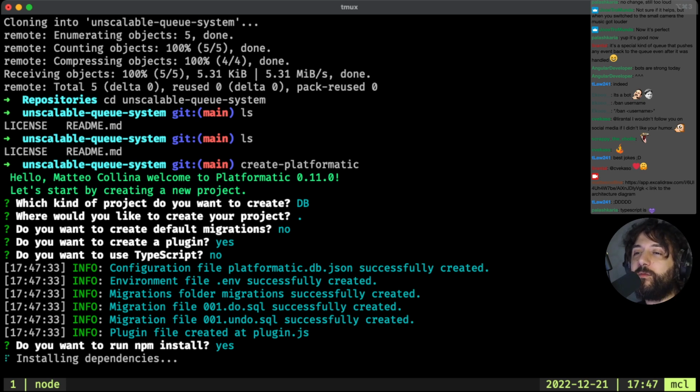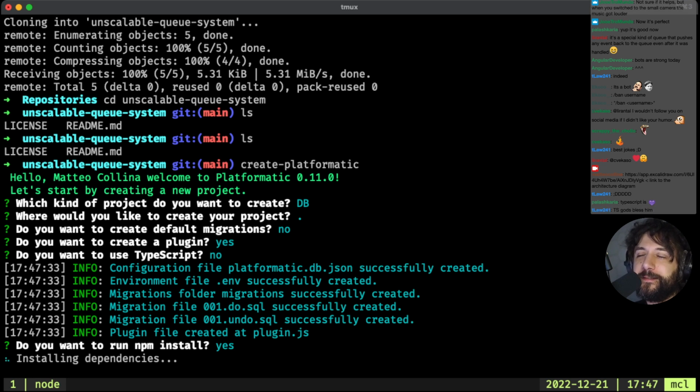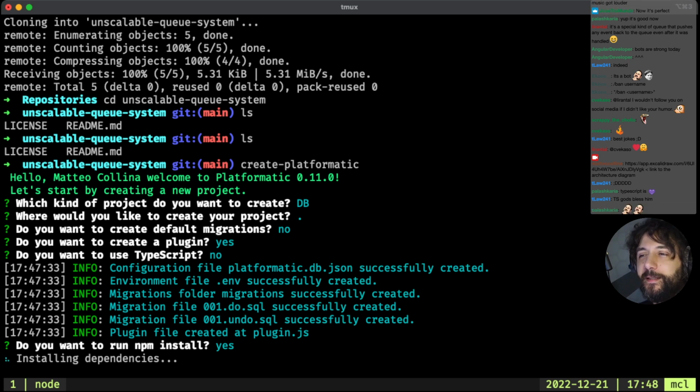TypeScript is love. Oh, I know all of you love TypeScript. I just don't. So sorry. I really prefer not TypeScript if I can code something. So sorry about this if I disappoint all of you. While npm is installing, if you have any questions, you can ask me.